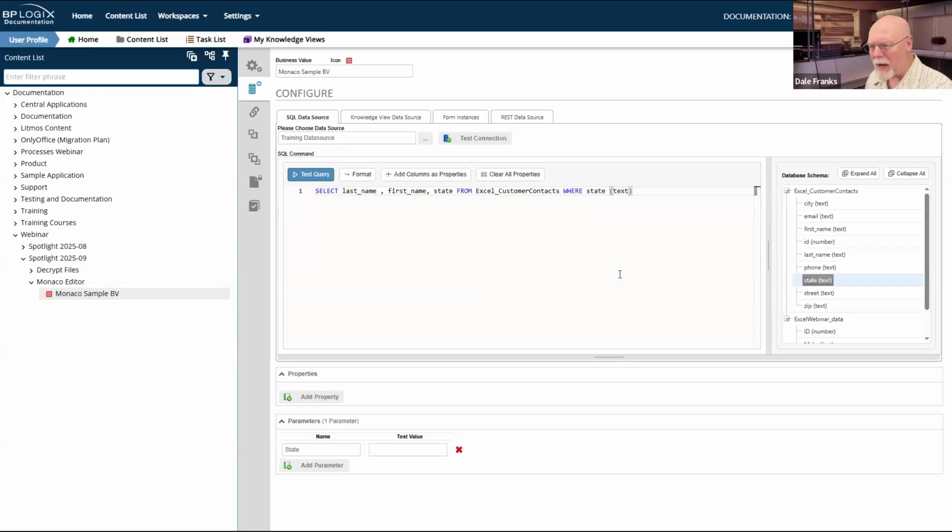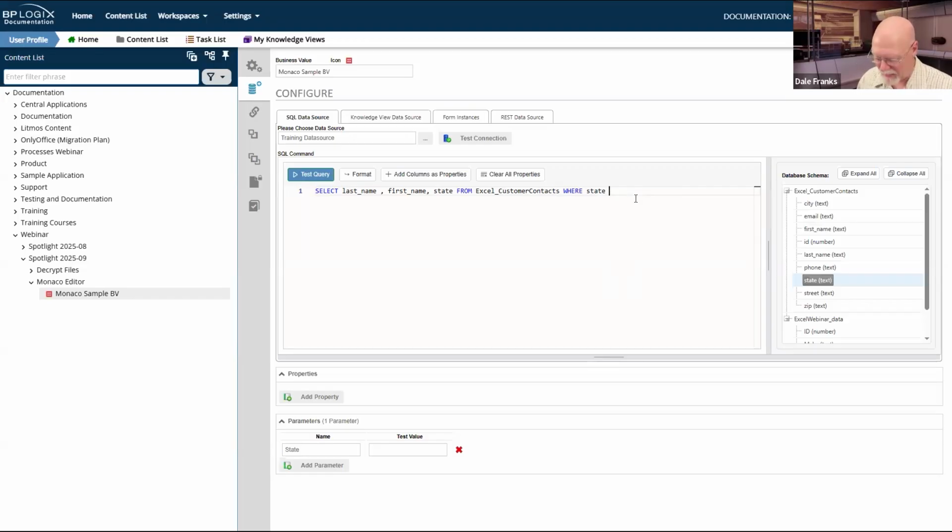Now, this is something that we're going to have to fix. As I said, it's not fully ready for prime time. I don't like that it throws in this dot text here. It shouldn't do that. So that's one of the little things that still remains to be tweaked in making this fully work. But we now have our state.